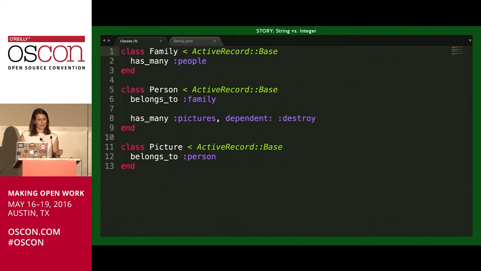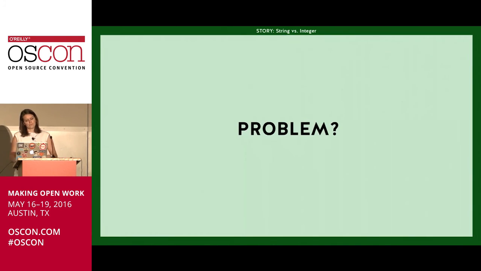And remember, these people had millions of pictures. So when it deleted the old people and created the copies, which were the new people, the record of the pictures was completely lost, except for in those database backups, which, thank goodness. Thank goodness.